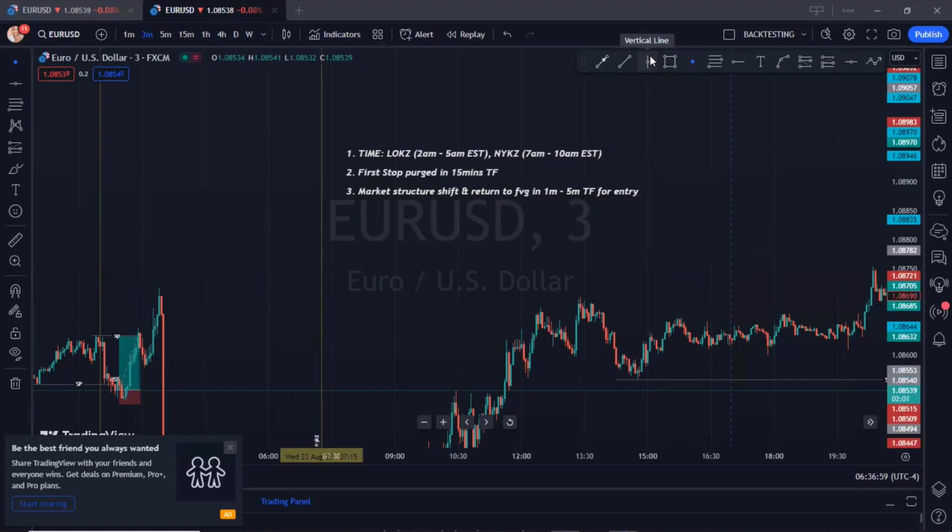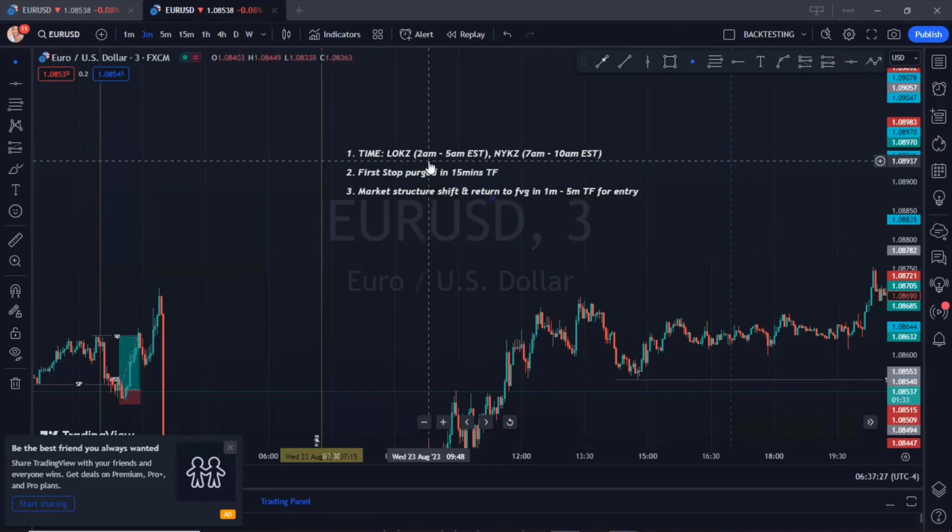You'll be looking out for this setup at the first section. We have the morning section and the afternoon section. Or rather, not afternoon, but we have our London Kill Zone and New York Kill Zone sections. So we have the London Kill Zone, we have the New York Kill Zone. You understand? So the London Kill Zone, that is the London session, when you look out for